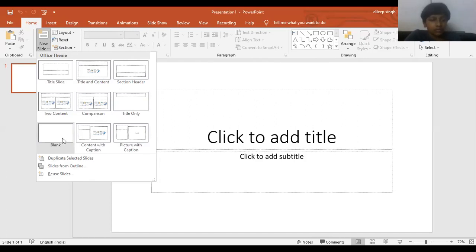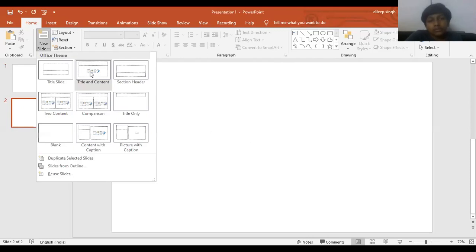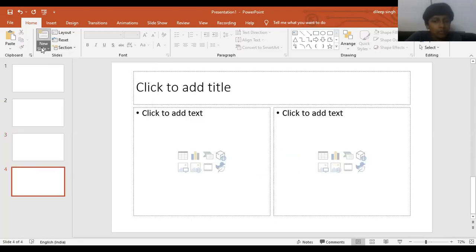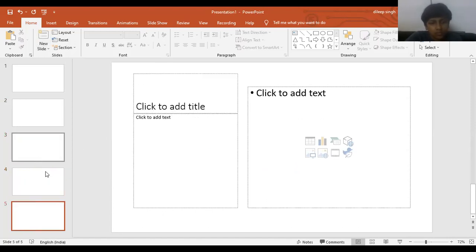Here we want just a blank, so just click on this. And different types of properties are also available with your slide. For example, when we click on this, we'll get these types of organization charts. We can use any one for our presentation. If we want two blocks, the next option is two blocks. These types of formats are available. These are the different types of layouts and we can choose any one according to our requirements.